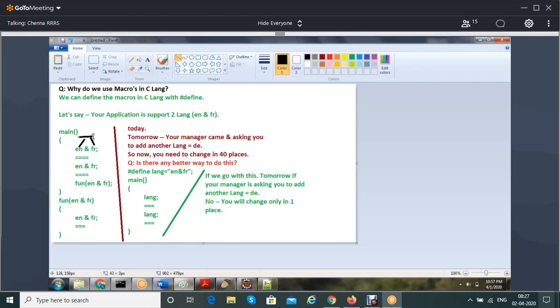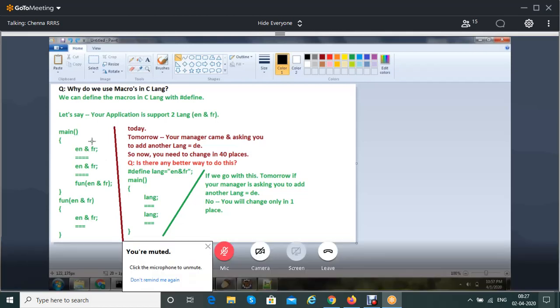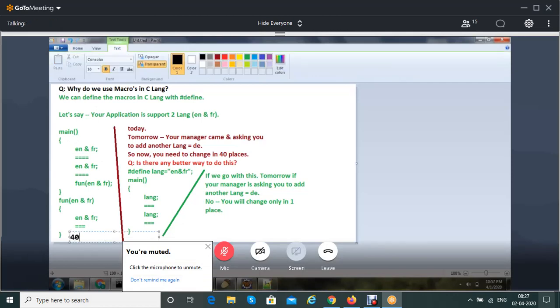You are using it here, here, in this function. Assume that in this program, English, EN, and French, FR, you are using 40 times. So you have coded everything.